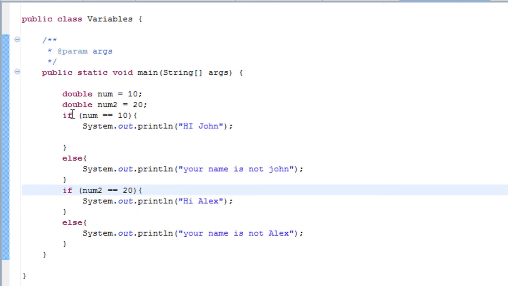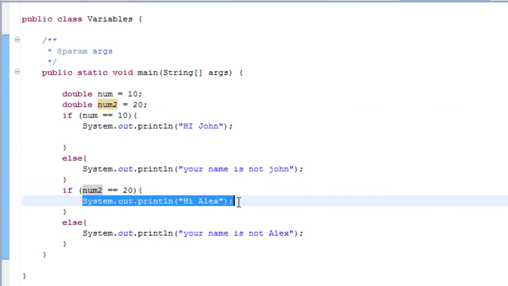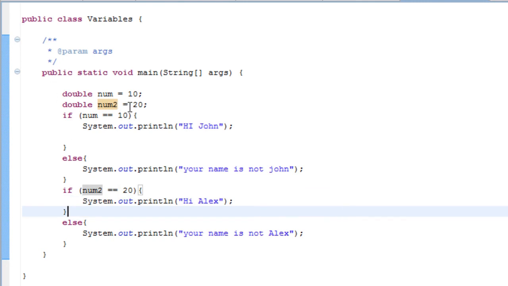So now it's going to this if statement and it's going to num. If num is the same as 10, so it checks if num is the same as 10, then print this out. In here it's if num2 is the same as 20, and num2 is the same as 20, go to this line of code here. Now you can also put different signs in here. For example,